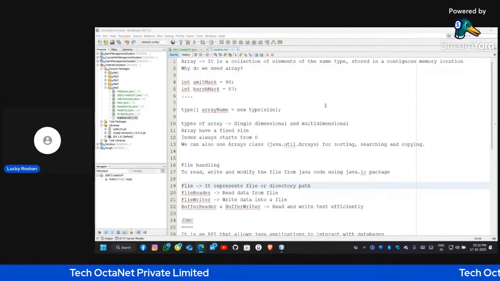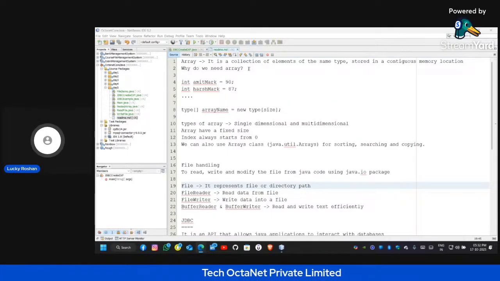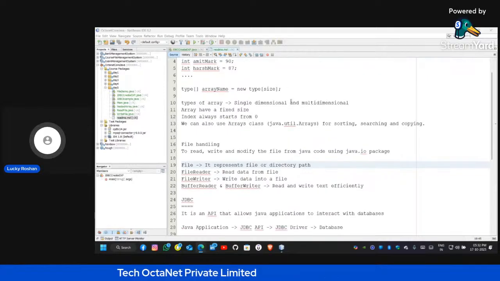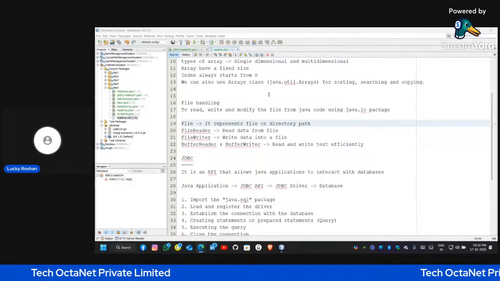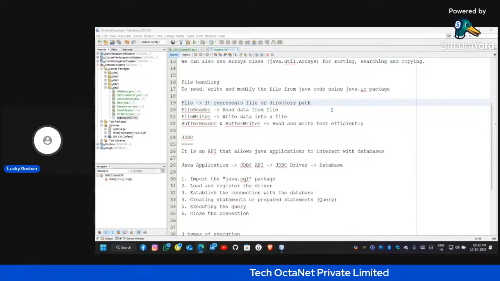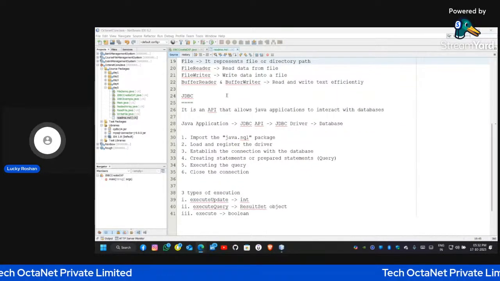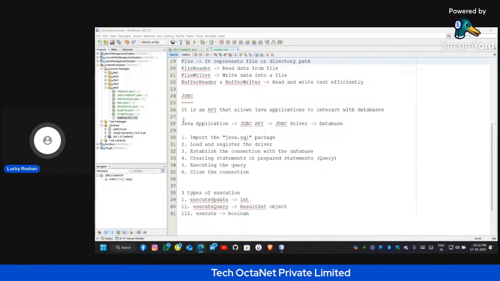So let's get a quick recap of yesterday's session. In yesterday's session, we first learned about arrays, what an array is. Then we learned about the types of arrays. Then we learned what file handling is and what the classes are that are used to read the file, write the file, and represent the file and directory. Then we learned about JDBC, what the JDBC API is, what the JDBC driver is, and what the JDBC